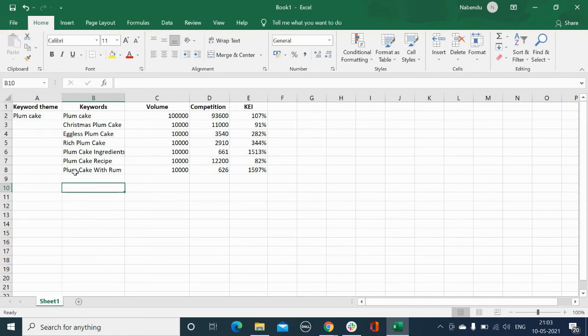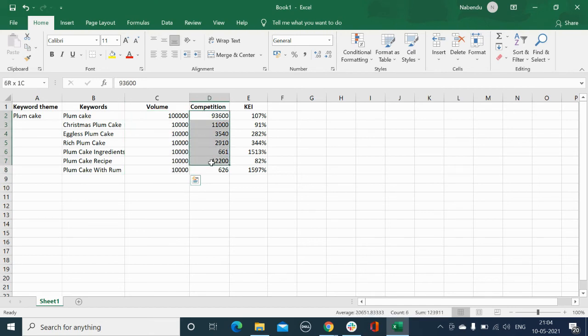For example, somebody who wants plum cake but they want it eggless will search eggless plum cake, or somebody who wants to know what ingredients to be added on plum cake will search plum cake ingredients. So we have to incorporate all these keywords that are related to our keywords so that we can add them on our content. Okay, so now we have the monthly volume which we found on Keyword Planner.